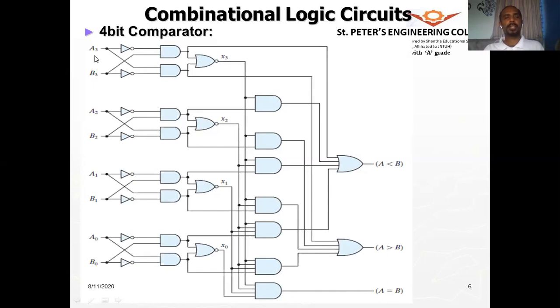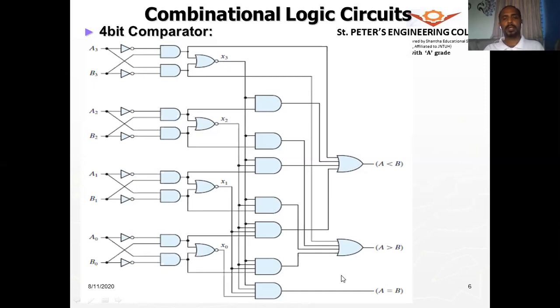So as I said, for an example here, A is 1 and B is 0. So when A is 1 and B is 0, the output of this AND gate is 0 and the output of this AND gate is 1. So this 1 comes here. All right. So this is 1. See where it is going. As I said, the combination is A3 is 1, B3 is 0. So you see that it is coming to this OR gate where we are saying for the output A is greater than B. So you can trace back for all the bit positions.